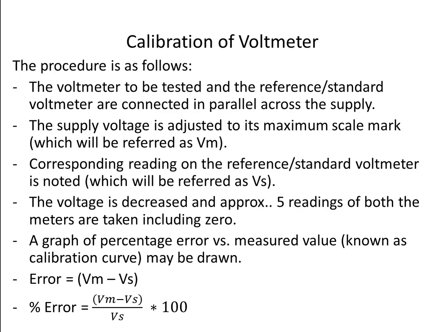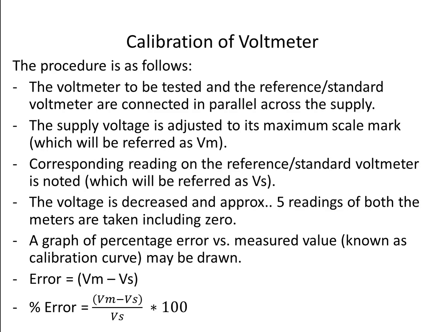Corresponding reading of the reference or standard or substandard voltmeter is also noted, and that reading shall be referred to as Vs, true value of the voltage. Now with the help of potential divider, the voltage is decreased and approximately 5 readings of both the meters are noted. Here also, in these 5 readings we shall include the maximum scale reading as well as 0 reading of